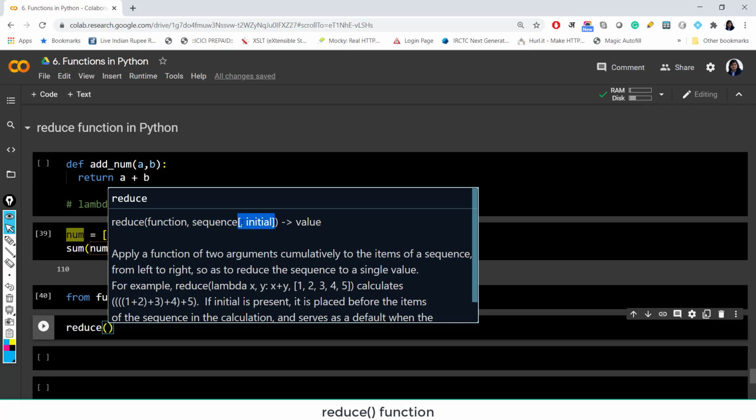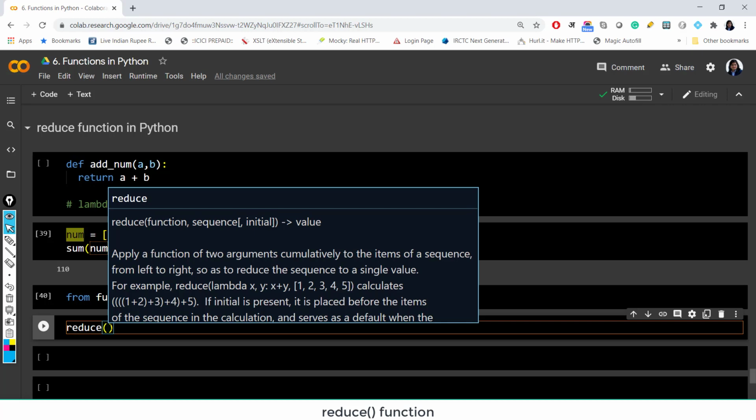Now this initial parameter is optional. Whenever you see some parameter is optional, meaning you can avoid giving that parameter, it is written in square brackets. So in any function definition, if you see multiple parameters and some of the parameters are in square brackets, it means it's up to you. You can skip giving the value of that parameter. Fine. So as of now, I'm using these two parameters, function and sequence.